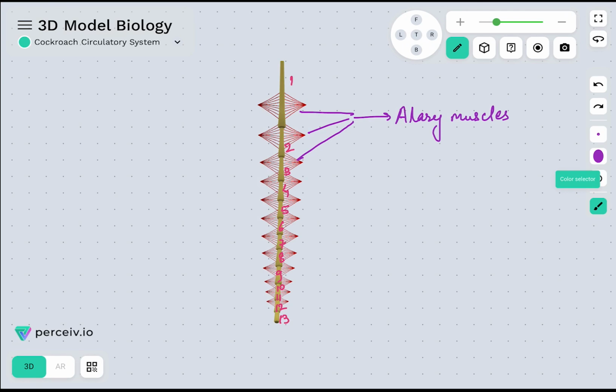Now these alary muscles are the muscles that actually help the heart in the circulation of blood flow. These muscles are responsible for the contractions and relaxations in the heart, thereby facilitating the circulation of blood in the body. So we can just note down its function as well, that alary muscles help in